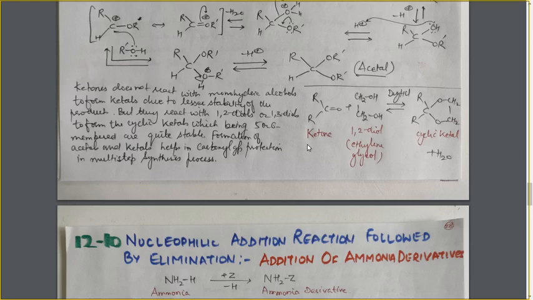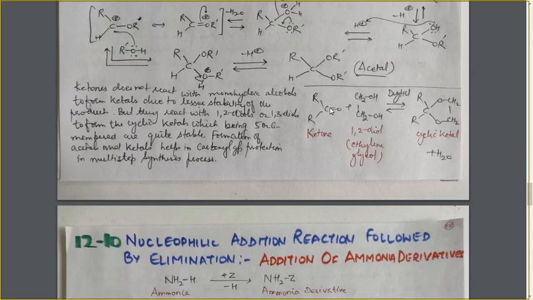So ketones do not react with the monohydric alcohol, and they react with the diols to form the cyclic structure, and these cyclic structures are more stable. Here we have taken the example of a 1,2-diol, and how the reaction is taking place. First this OH group will participate in the reaction, the hydrogen will go to this oxygen atom, and oxygen will move to this carbon atom, and we will have an OH group and oxygen on this side at OCH2.